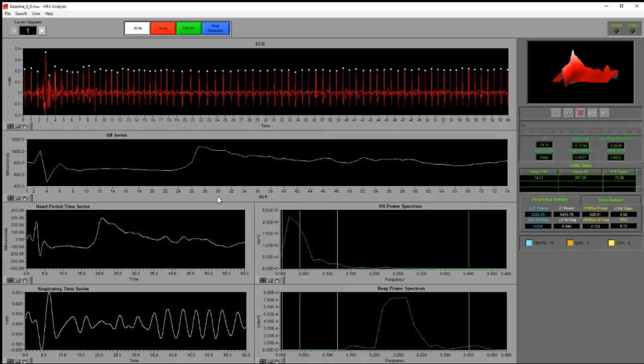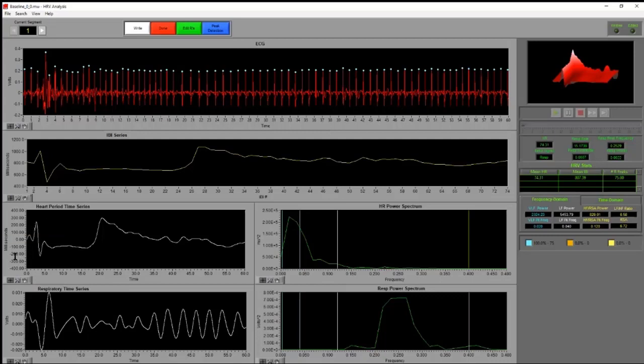After we have this timing, we're going to interpolate, we're going to detrend the data, and we're going to build this heart period time series graph. So it's going to be very highly correlated to the IBI series. It's really just a way in which we're going to smooth the information out before we pass it through the fast Fourier transform. You want to do this so that we're not introducing this sort of artificial timing and noise, such as these really sharp peaks. We really need it to look like